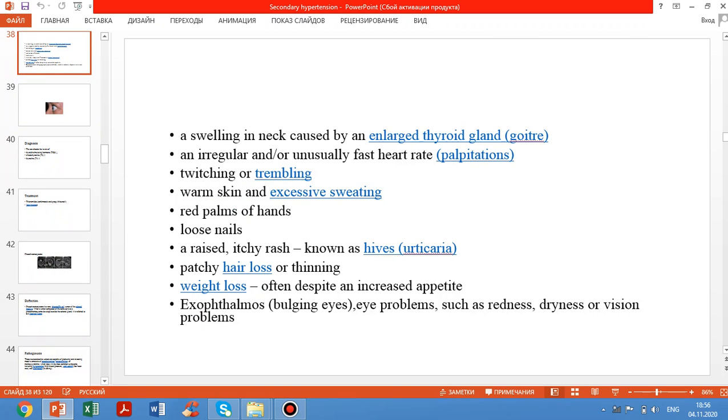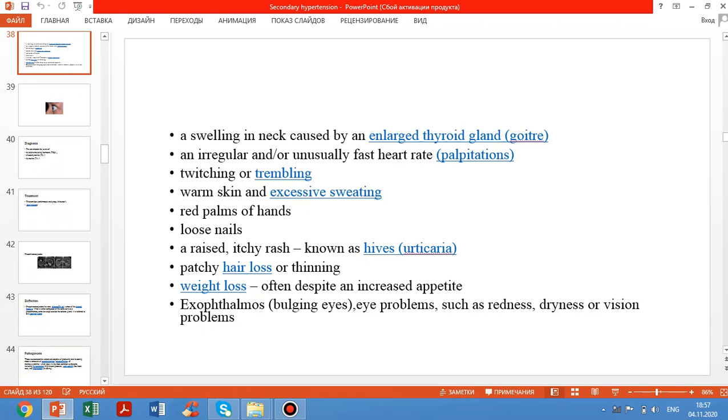a swelling in the neck caused by an enlarged thyroid gland, an irregular and/or unusually fast heart rate, twitching or trembling, warm skin and excessive sweating, red palms of hands, loose nails, a raised itchy rash known as urticaria, patchy hair loss or thinning,